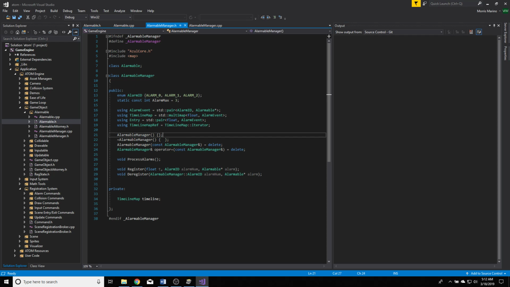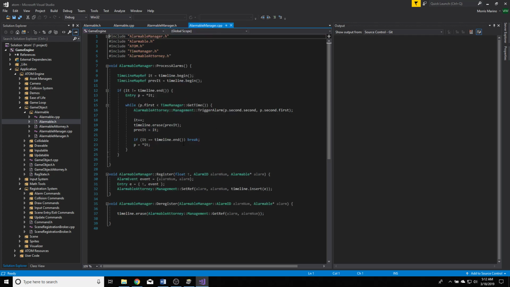Right. So we've got all the different names here, to make it a little easier to read or understand the multimap, which has its pair of alarms, alarm event, so you can do things like have an alarm that resets itself, I should say, not multiple alarms. Well, of course you can have multiple alarms. Anyway, our rule manager